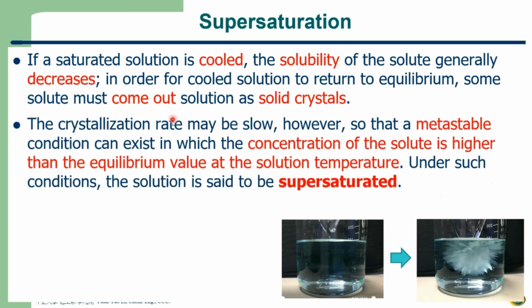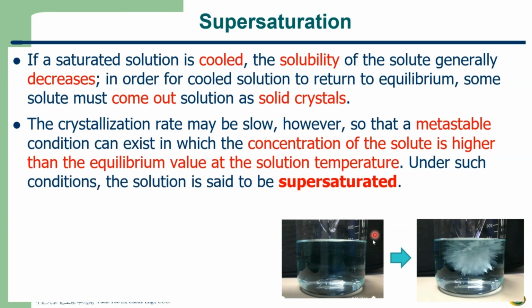So the crystallization rate may be slow. However, a metastable condition can exist. It's not stable, but it's between stable and non-stable. We call it metastable. The condition can exist in which the concentration of the solute is higher than the equilibrium value at the solution temperature. Under such a condition, the solution is said to be